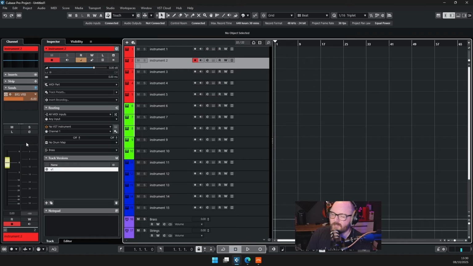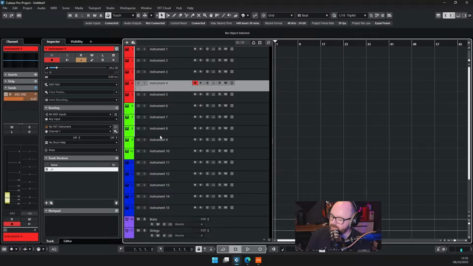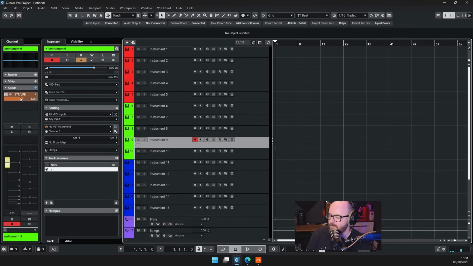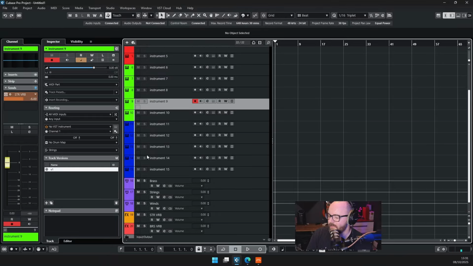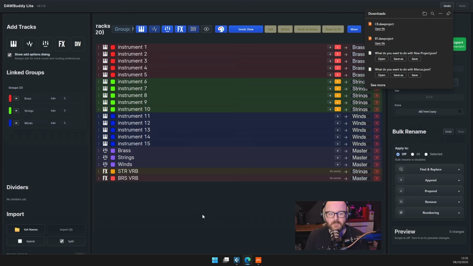Now, pan won't show on Cubase tracks until they're loaded with a sampler, but they will show for audio tracks and that kind of thing. But yeah, it retains all the controls, the send configurations, and the output routing for your groups and effects. Now, going back to DAWBuddy,